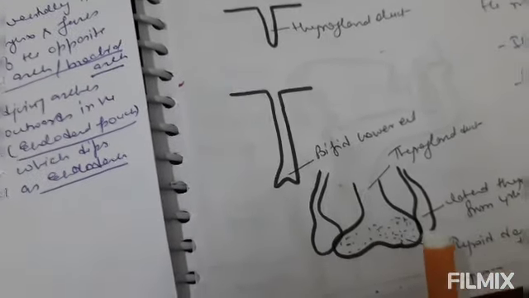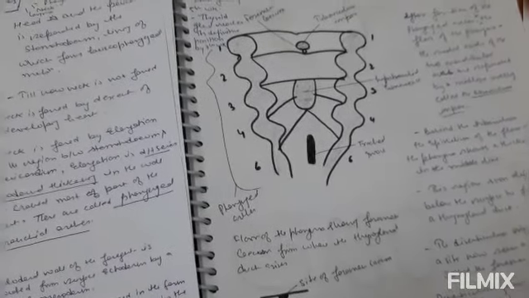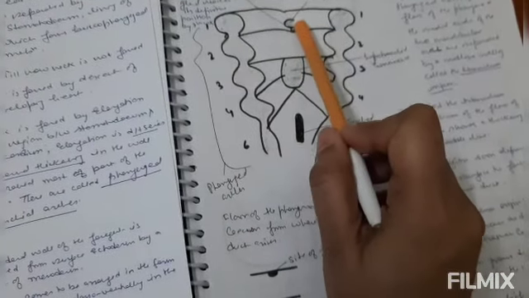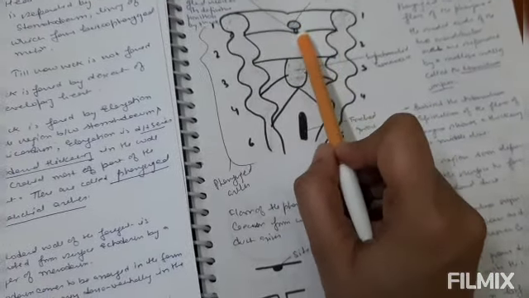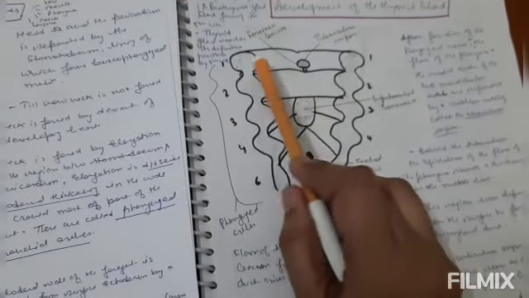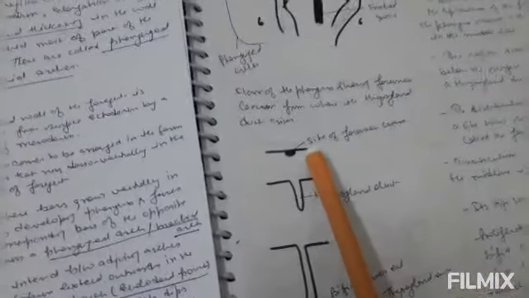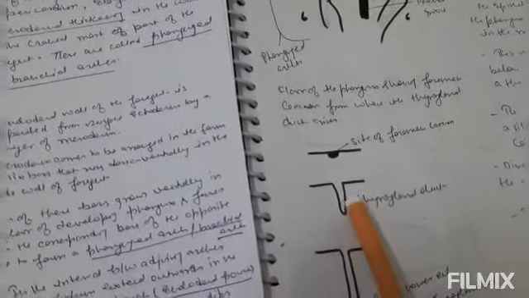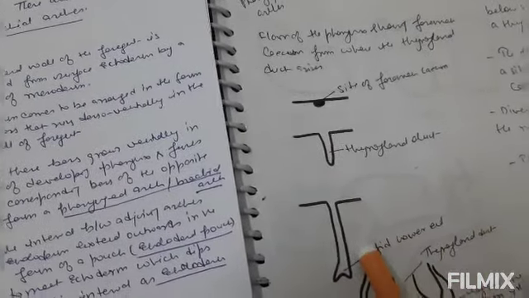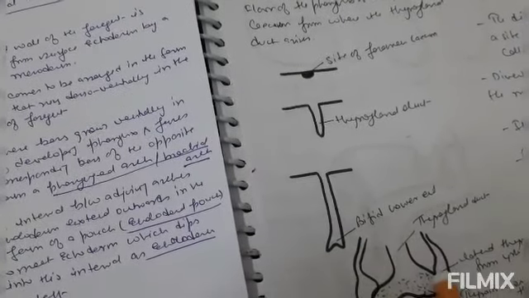So in short, if I were to summarize, in the development of the thyroid gland you have to mention the foramen caecum, which is present beneath the tuberculum impar. The tuberculum impar is a swelling which separates the two mandibular arches, and from this foramen caecum there is development of a diverticulum, known as the thyroglossal duct, and the thyroglossal duct will again bifid at the lower end and gradually develop into the thyroid.